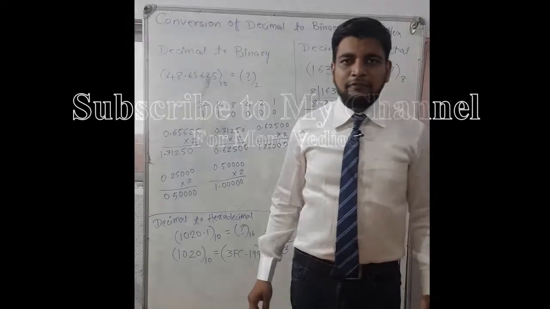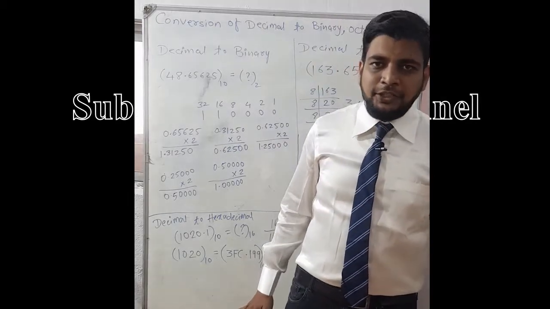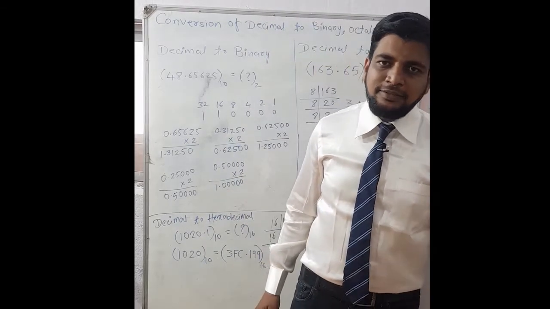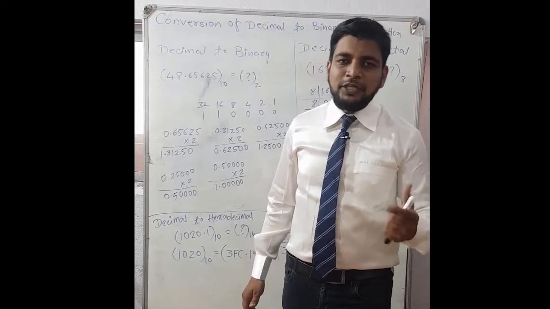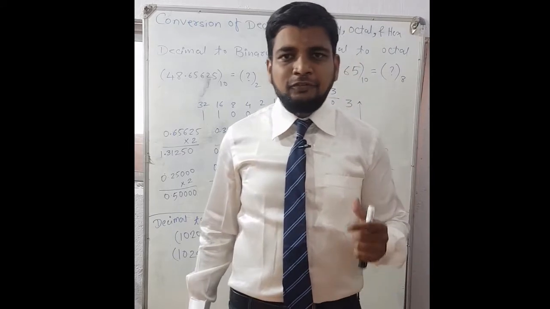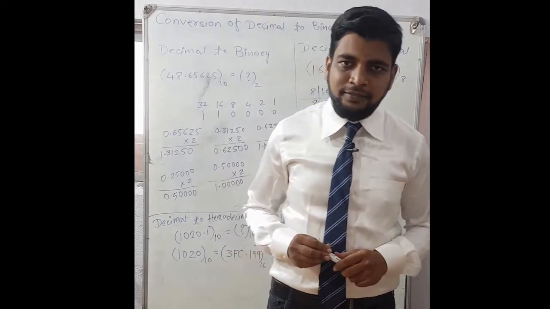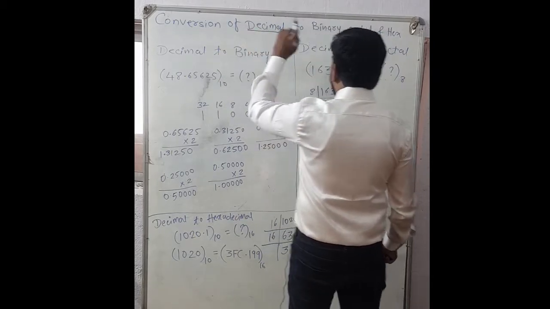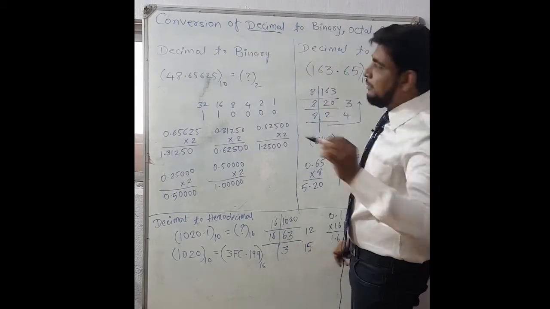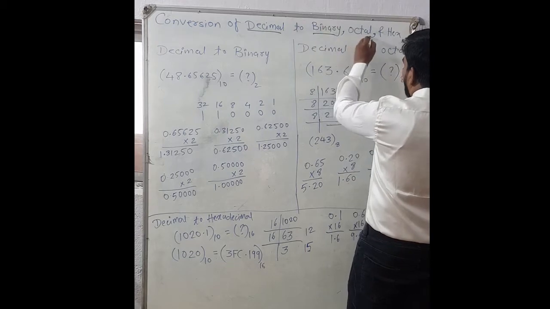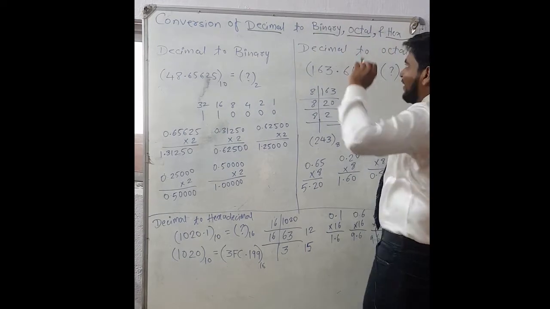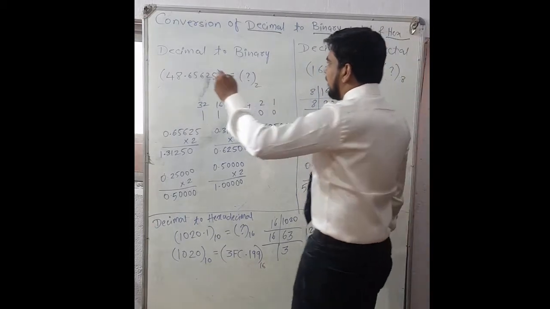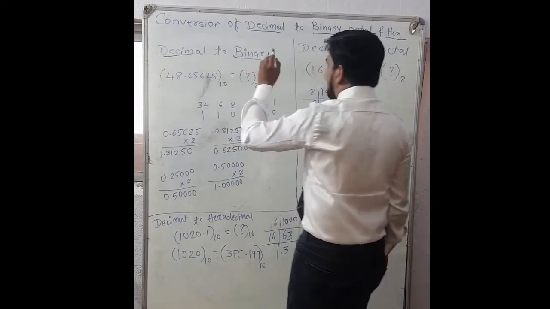In the last session, we studied digital logic: what a binary number is, the difference between an analog signal and a digital signal, and a small introduction to conversion of a decimal number into its binary equivalent. In this video, we are going to study conversion of a decimal number into any number system: decimal to binary, decimal to octal, decimal to hexadecimal, with the fraction.